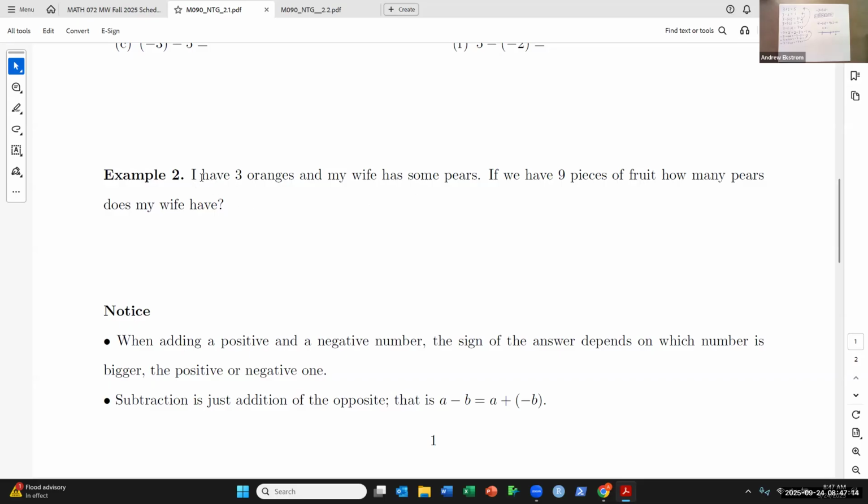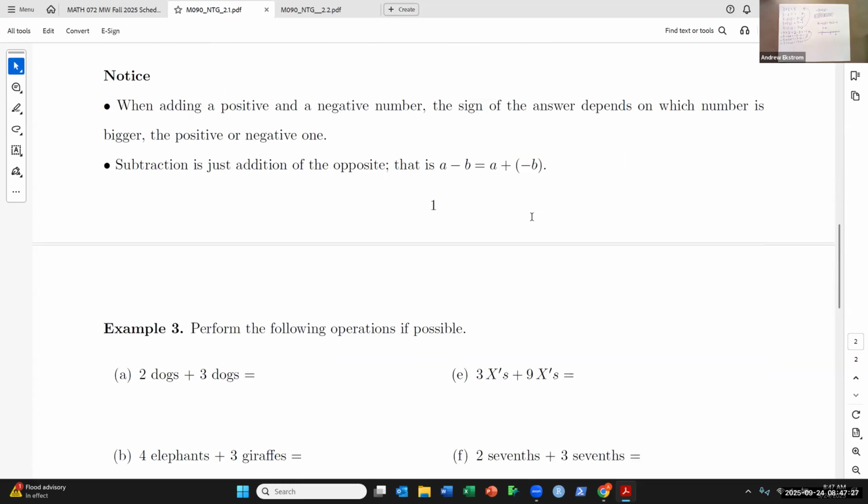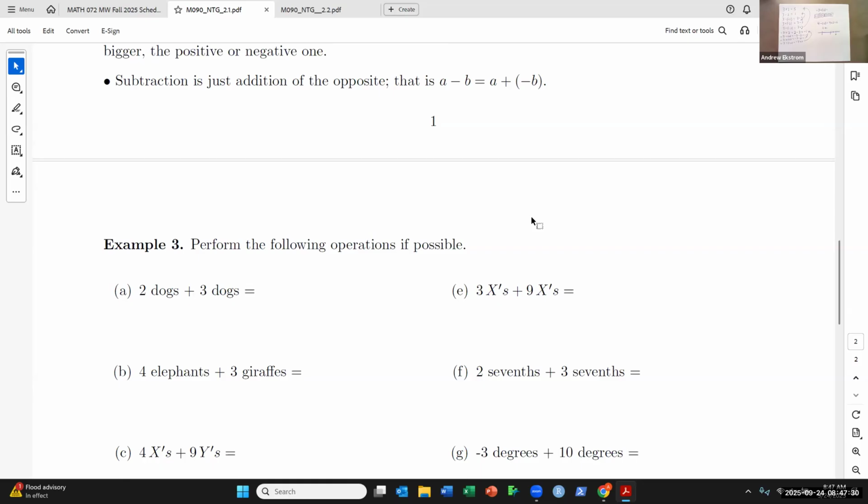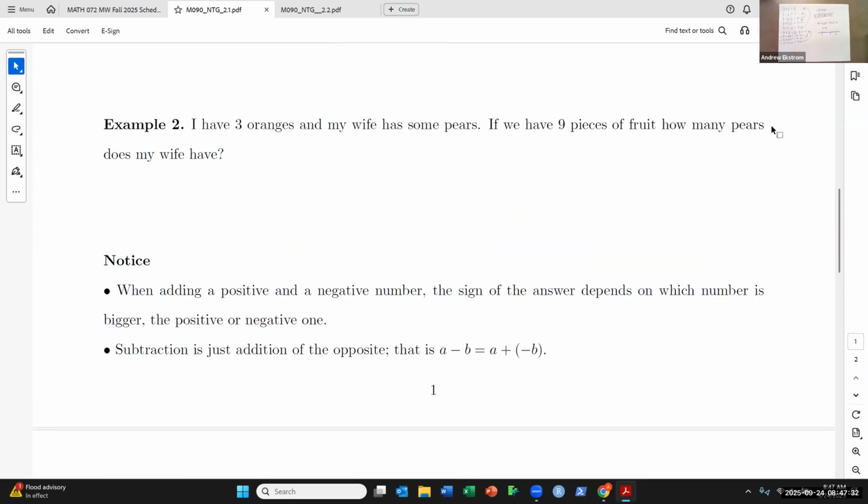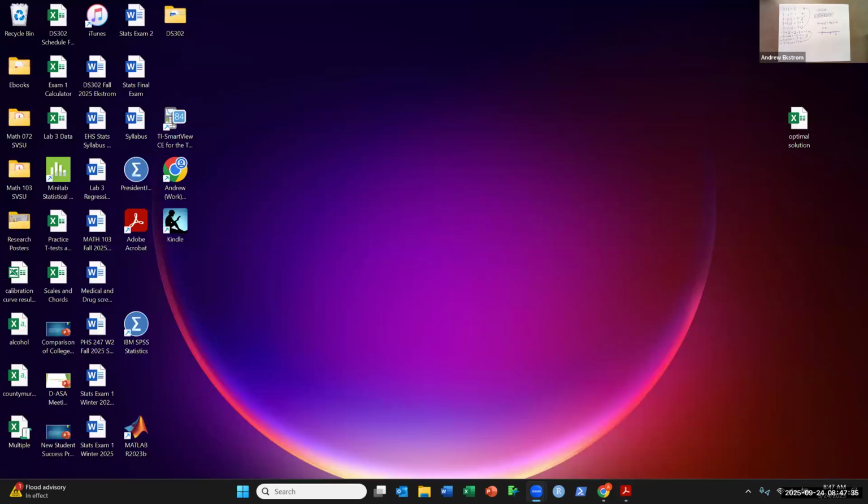So here's the example problem. I have 3 oranges and my wife has some pears. If we have 9 pieces of fruit, how many pears does my wife have? So that's getting into the types of problems that we've got down here. And just looking at some of the problems that are a little bit further along. Has anyone heard of someone talk about comparing apples and oranges? So in the case of the problem that's right there,